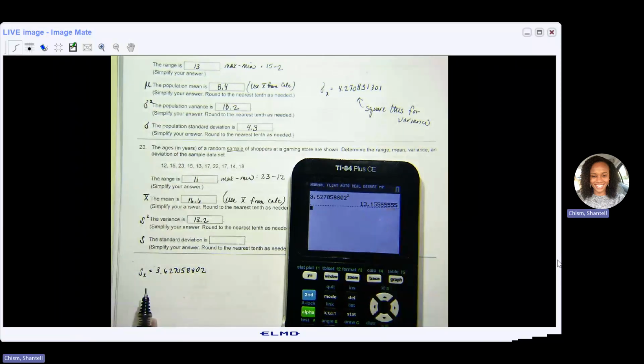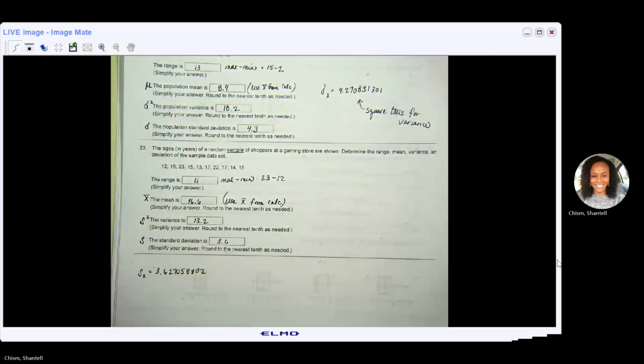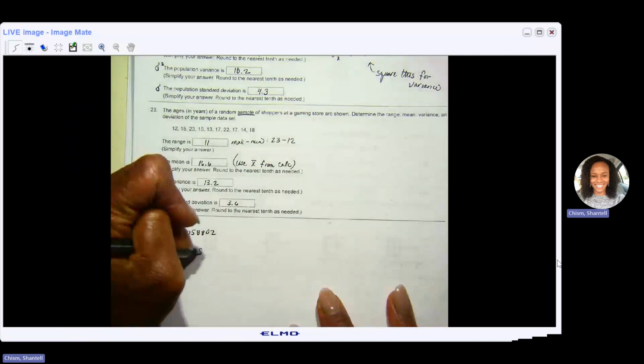Those fives make that one go up. And the deviation, this is the deviation before I squared it. I just need to round it off, so it's going to be 3.6. Okay, so again, same exact process. I'm going to put square